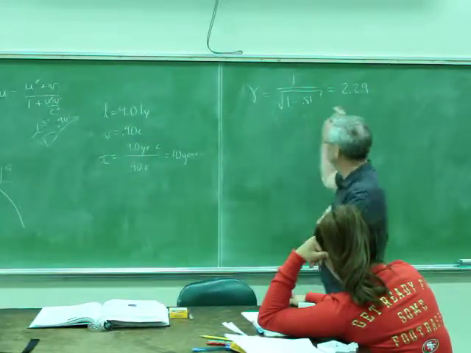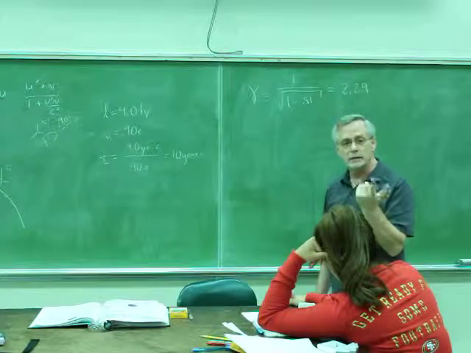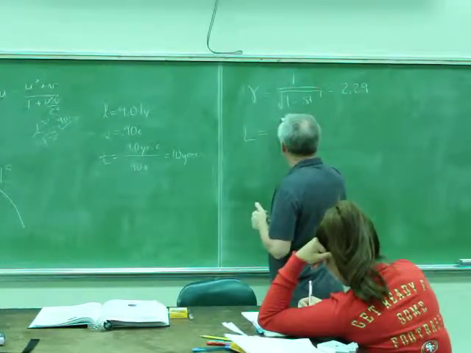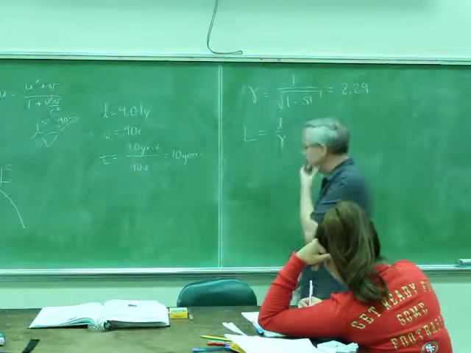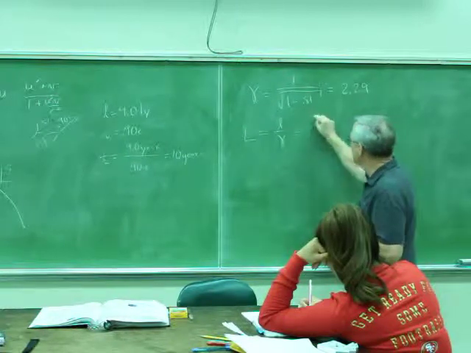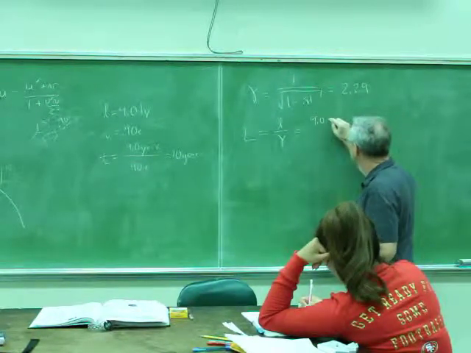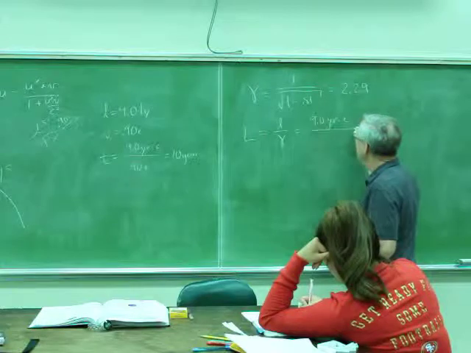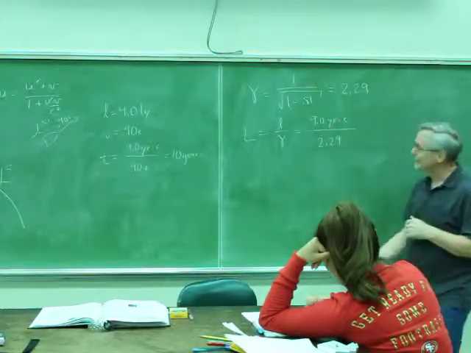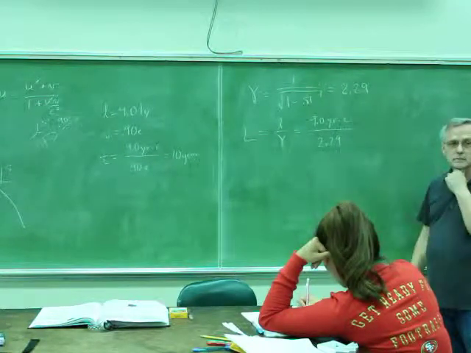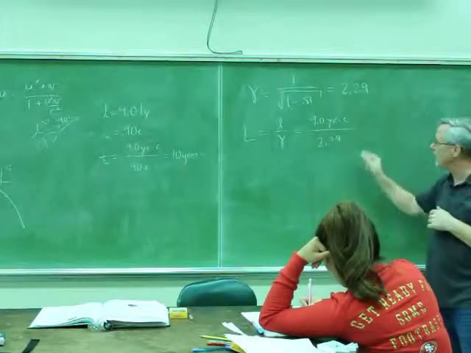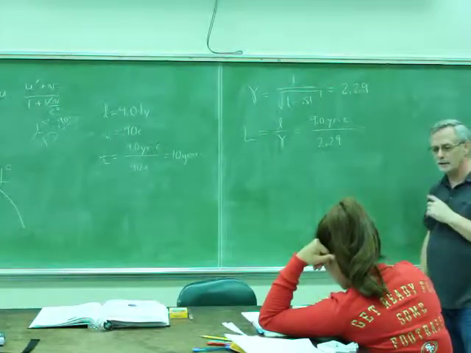All right, so we've got gamma is equal to this. Now, length contraction. This is the proper length. We already figured that out. That's 9 light years. All right, and gamma is 2.29. All right, and where do I go from there? Pretty easy. I don't have to worry about units, light years are already the right units, so I simply divide by that. Tell me what number you get with your calculators.